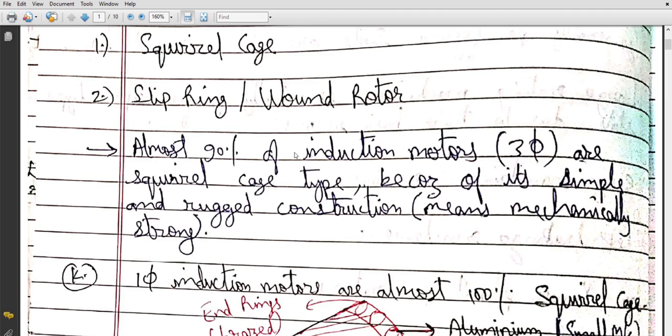As I've told, the formula for synchronous speed is Ns equals 120 into f divided by P. Now if I have to control the synchronous speed, I can also change the frequency. So now the slip ring induction motor could probably be used more in comparison to earlier days. In earlier days, where frequency control was not that easy, we used the squirrel cage type of induction machine. So this lecture basically covers the different types of induction machine,